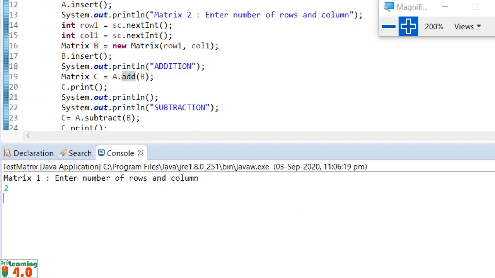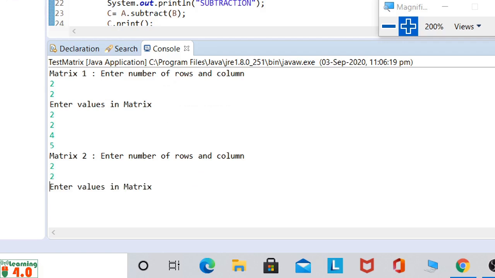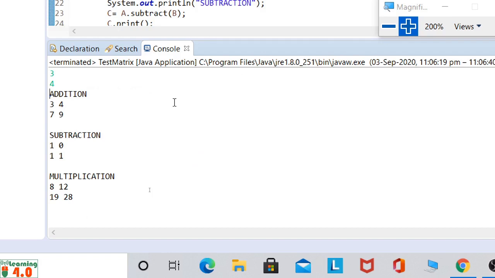So suppose I am adding a 2 by 2 matrix and a 2 by 2 matrix here. I add values 1, 2, 3, 4. Matrix 2 is also 2 by 2. Enter values 1 or 2. You can see the addition is 3 4 7 9.